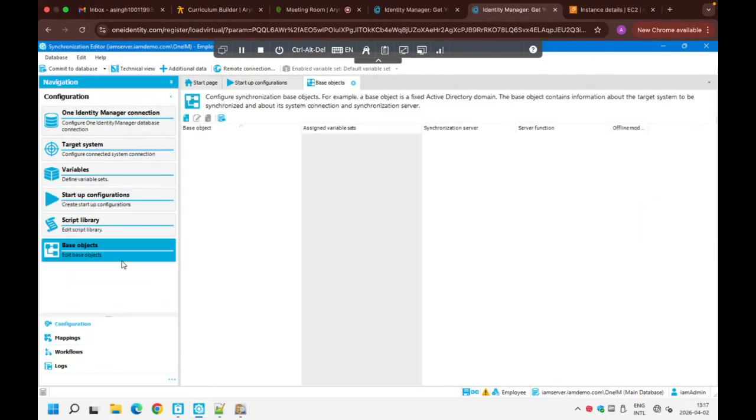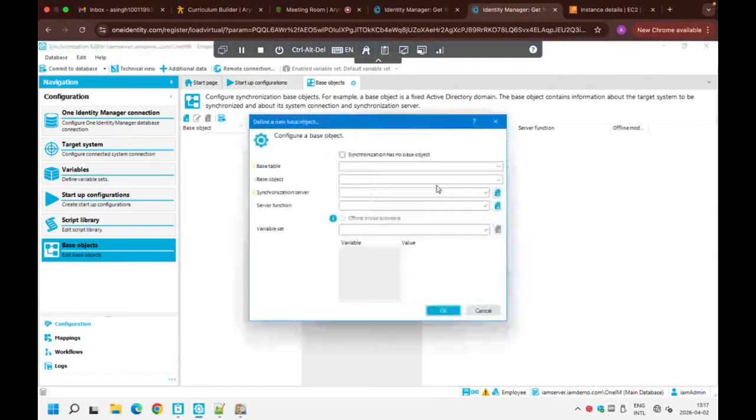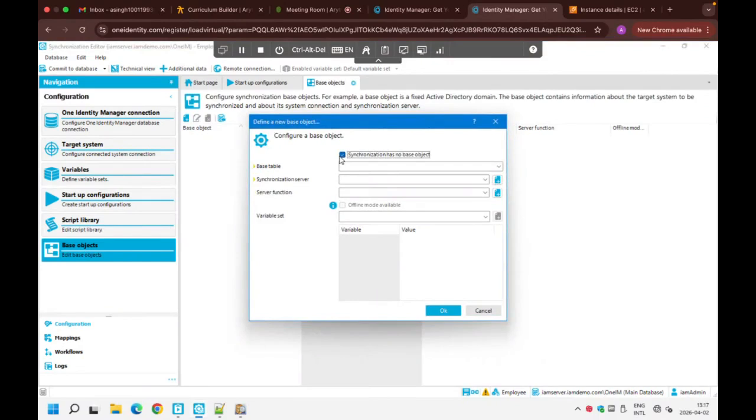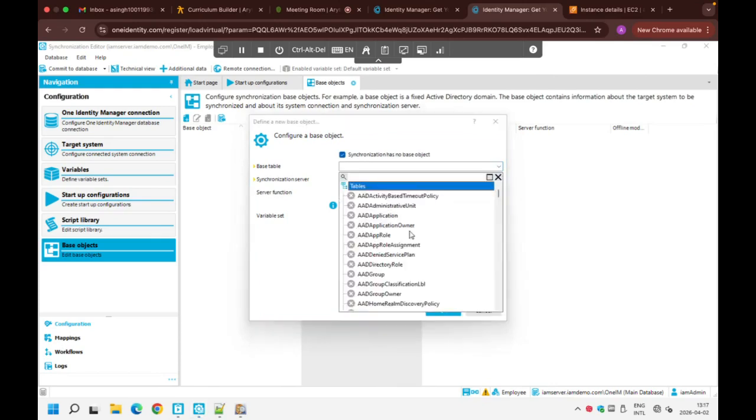Now the last thing is base objects. So base objects, as I told you yesterday, this is an important thing. If you don't have a base object, your sync will not run. So base object is something where you need to select the table, okay, which table and which object it should take as the synchronization object. If you don't want anything, you can just select synchronization has no base object, okay. You can just select the base table. So base table is person,